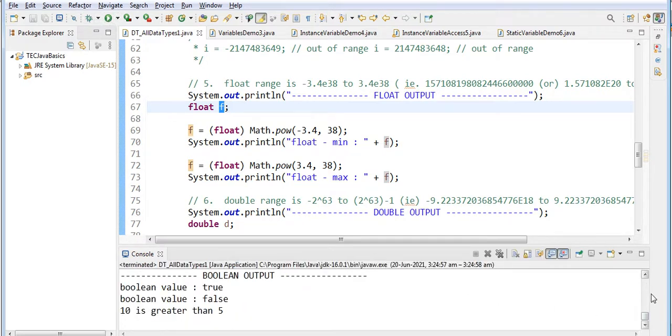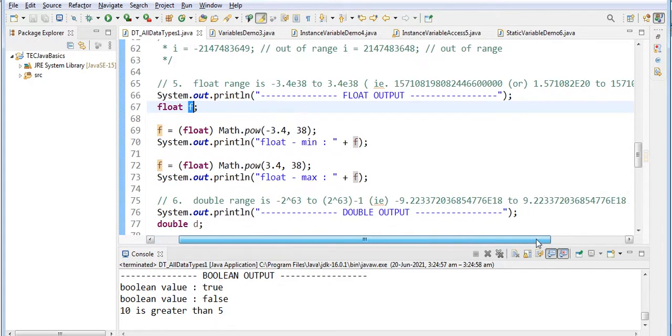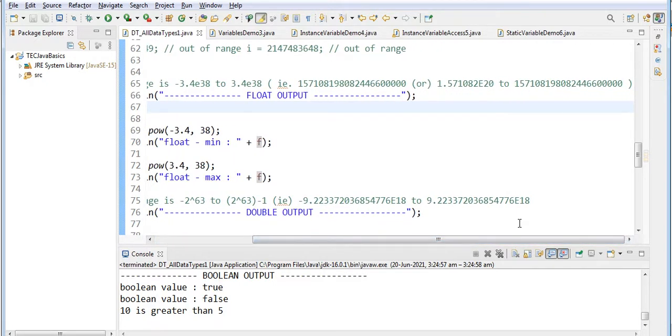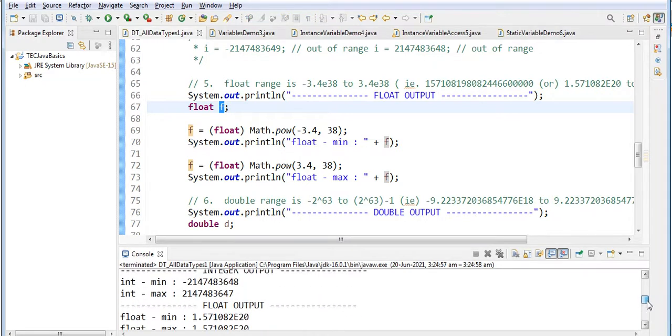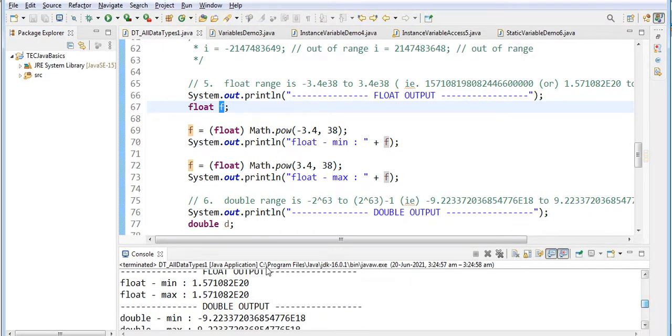This is the actual value, e to the power 20, and this is the maximum value. Because minus 3.4 is raised to an even number, both the minimum as well as the maximum value will be the same. Let us see what is the output for the float. The float output has a minimum value of this and a maximum value of this.